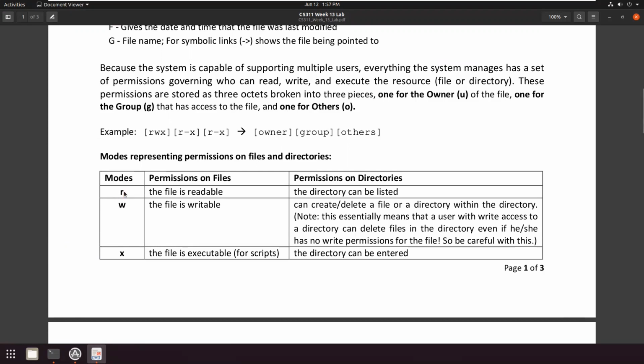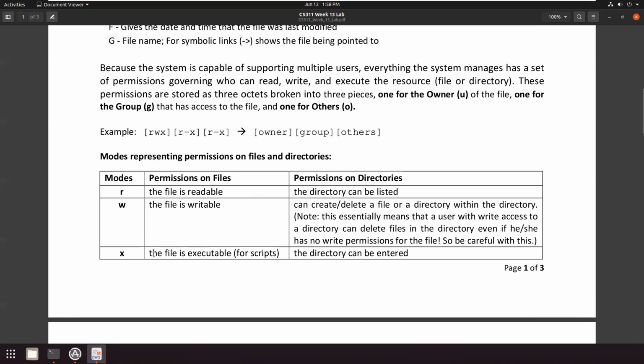So this R refers to a read permission, W refers to a write permission, and X refers to an executable permission. If you have given a read permission to a particular user, then this permission will give the authority to open a file and read it. And if you give a read permission on a directory, then the user will be able to list the contents of the directory. The write permission gives you the authority to modify the contents if it is a file, and the write permission on a directory gives you the authority to add, remove, and rename files that are stored in that particular directory.